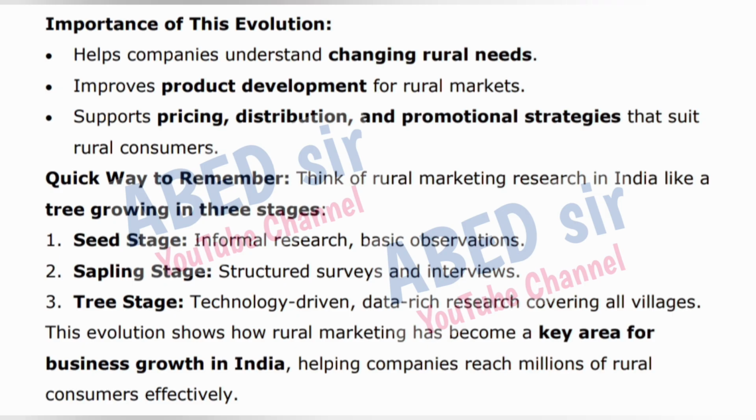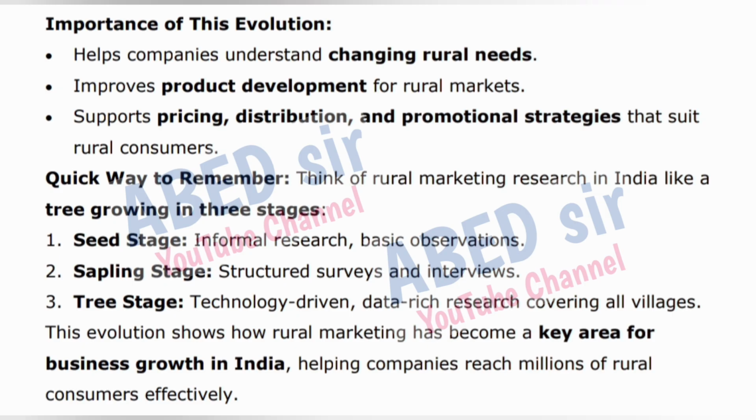Quick way to remember, think of rural marketing research in India like a tree growing in 3 stages. 1. Seed stage, informal research, basic observations. 2. Sapling stage, structured surveys and interviews. 3. Tree stage, technology-driven, data-rich research covering all villages. This evolution shows how rural marketing has become a key area for business growth in India, helping companies reach millions